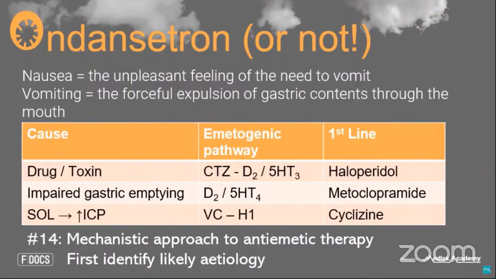So what I really want to use this slide to do is just to highlight another very common symptom in palliative care. About 62% of patients with advanced disease will describe nausea and vomiting as a problematic symptom for them. But one of the important things as a starting point is to define what nausea is and what vomiting is. And lots of patients will say, I'm feeling sick, or I'm nauseated, but actually when you drill down,